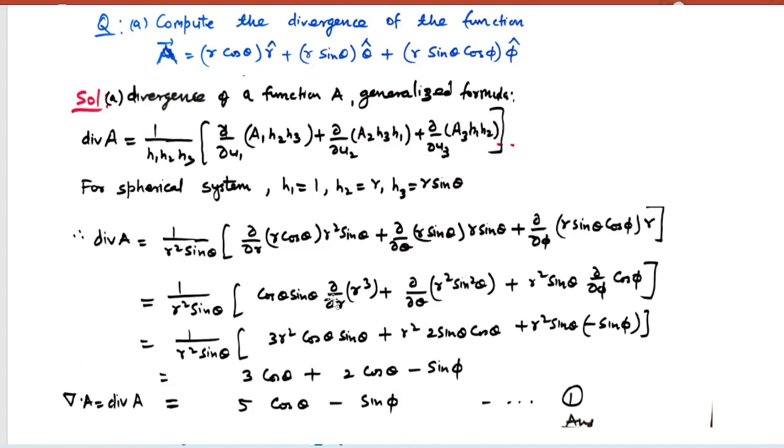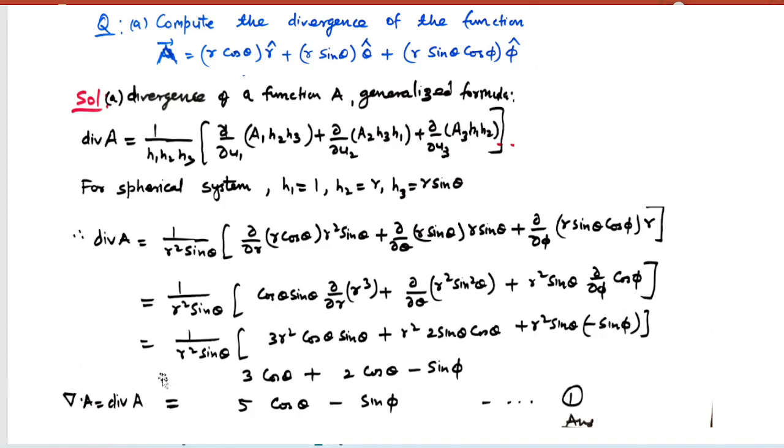And now we just have to partially differentiate. In this case we are differentiating with respect to r, so only the r term will be differentiated, and other terms will be treated as constants in partial differentiation. So cos theta sin theta is outside of this differentiation. Only r cube is differentiated, giving 3 r square cos theta sin phi. Here r square will be outside, and sin square theta differentiates to 2 sin theta times cos theta. Here cos phi will be differentiated, which gives minus sin phi.